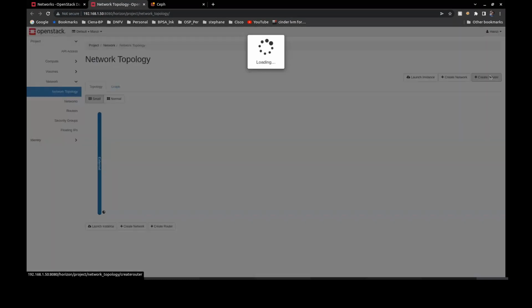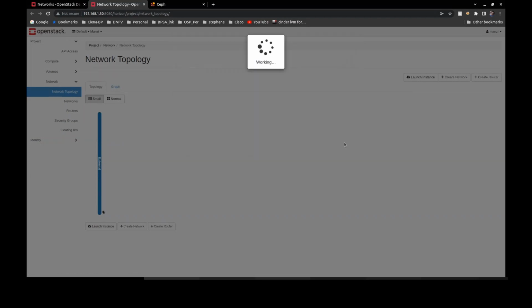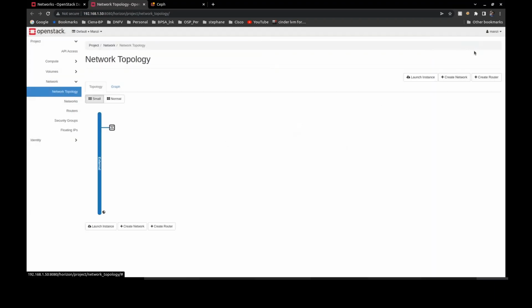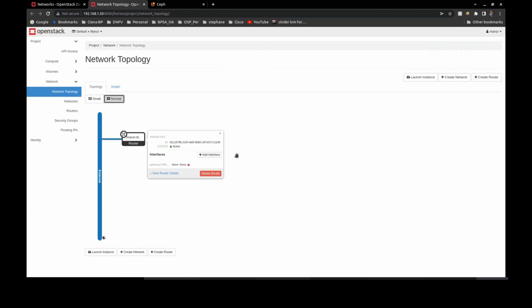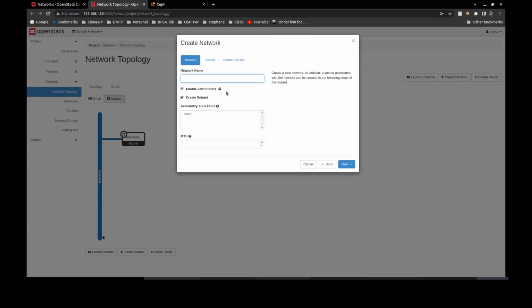So first thing what we'll do is we'll create a router. We'll select the external network, and then it will create a router and attach to that particular network. As soon as it gets attached, the second step is to create a network for ourselves. So let's call it -net1, and we don't want to specify an MTU,